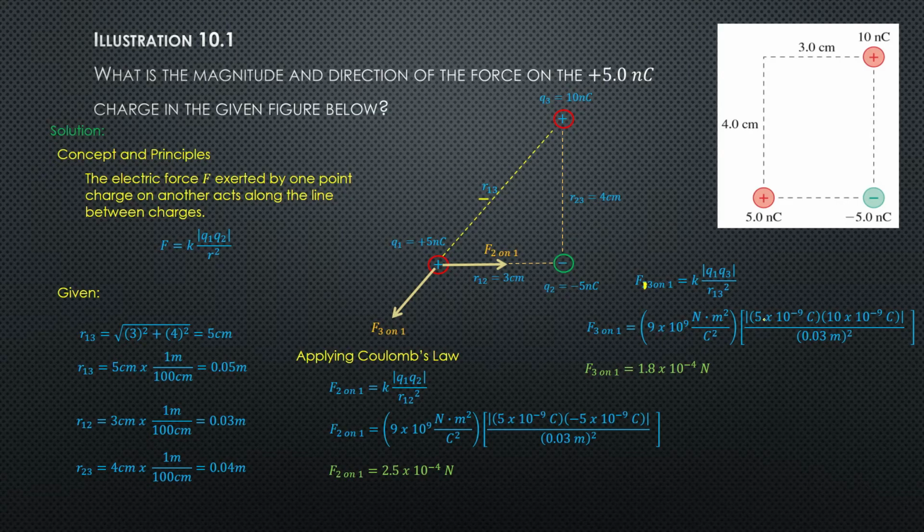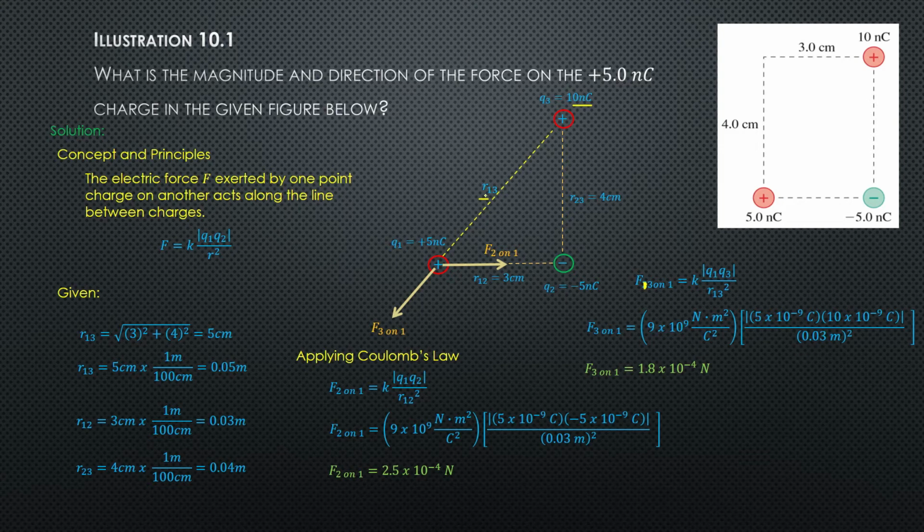Then Q1 is positive 5 times 10 to the negative 9 coulomb, or nanocoulomb, and Q3 is 10, which is this one, times 10 to the negative 9, and that is divided by